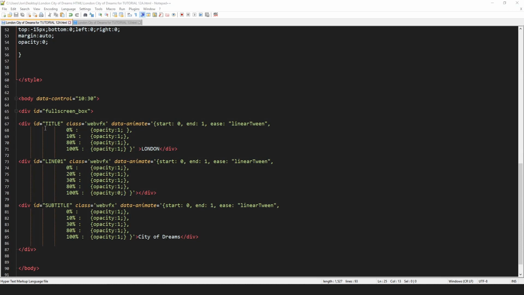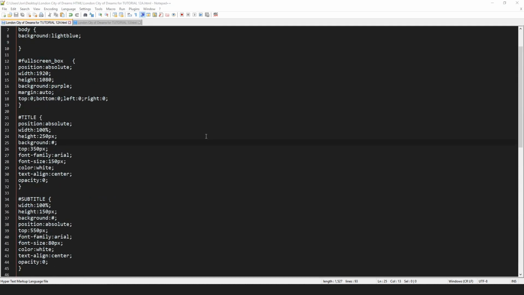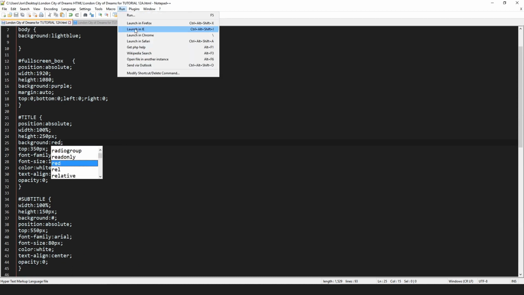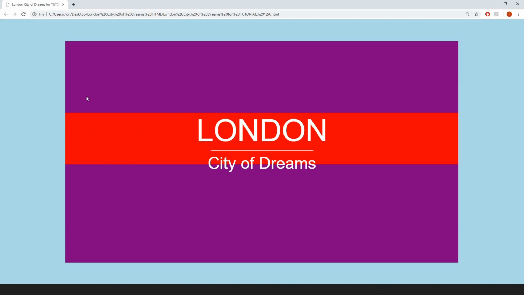Okay, so I'm going to go up to the top CSS. Notice I haven't put a left attribute for the title, but I've put a width of 100%. Now I'm just going to remind you what that means. Let's change that back to red and preview in Chrome. There's our red box, which is 100% width within the purple box, because remember our div was nested inside the